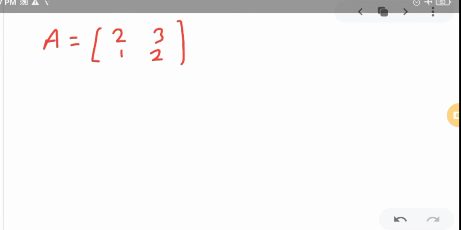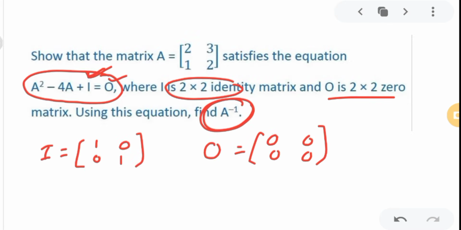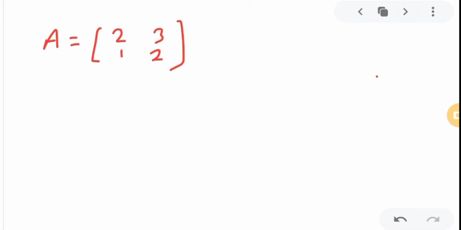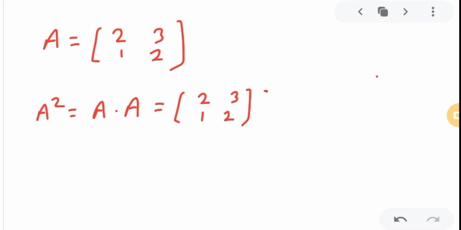So A is given as [2 3; 1 2], correct? And we have to prove this. So LHS is A square minus 4A plus I. Before that, first I am finding A square. So what will be A square? A square will be A into A, correct? A into A means [2 3; 1 2] multiplied with itself, [2 3; 1 2], and